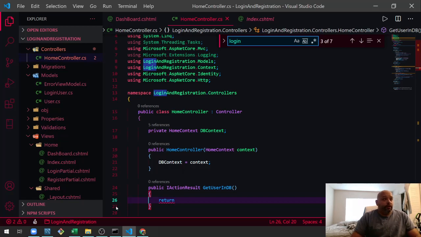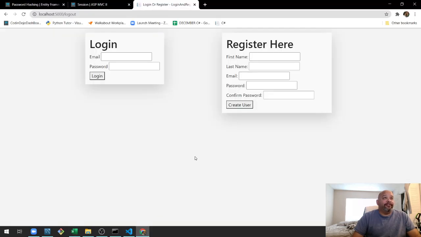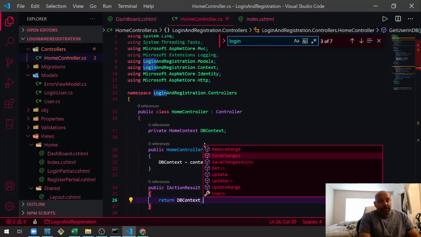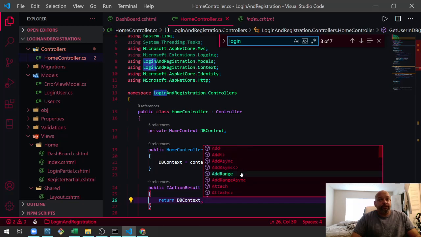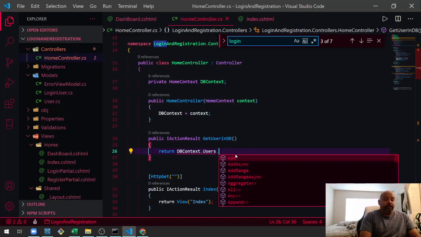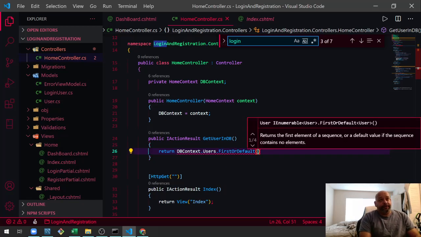I'm not gonna lie, I was cheating a little bit to try to remember this. All right, there it is. That's the first word I was starting off with. DB context dot, should be users. I mean, it's the only thing you got. Users dot first or default, and here should be